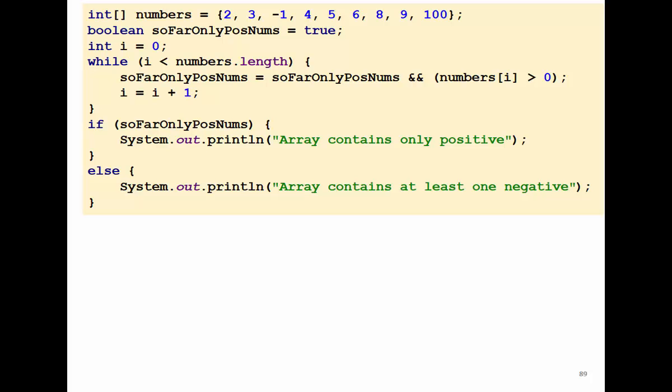And we increment i at each iteration. Then after the while loop, after I check all the elements, I ask if soFarPositive, then I'm going to print all the elements are positive. Otherwise, at least one of them is negative. Any questions about this implementation?